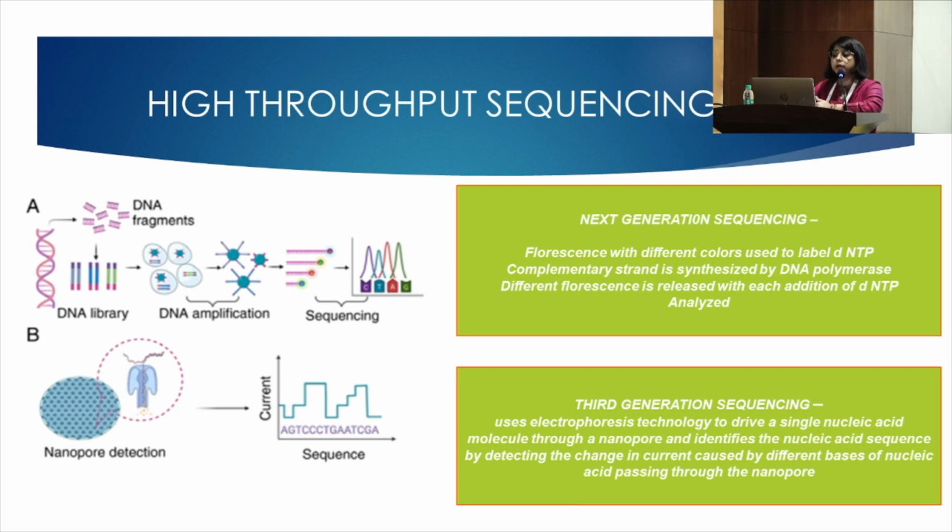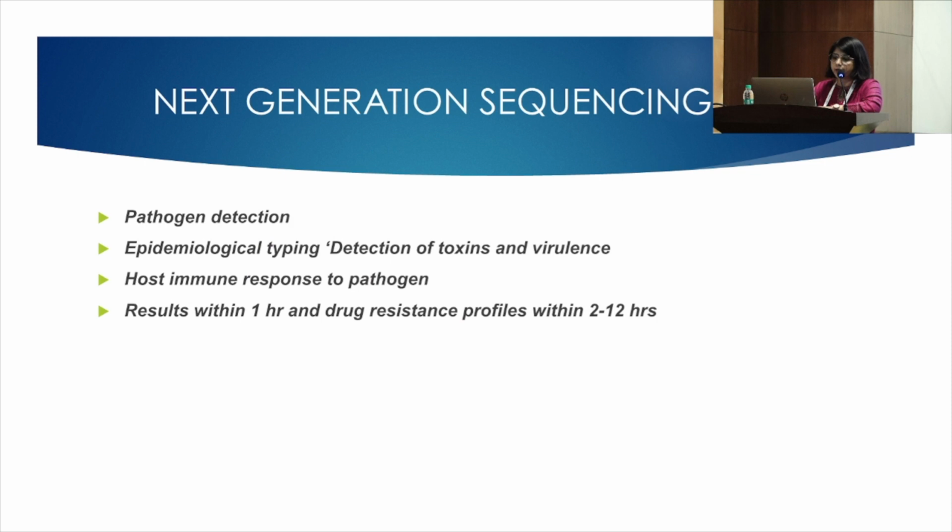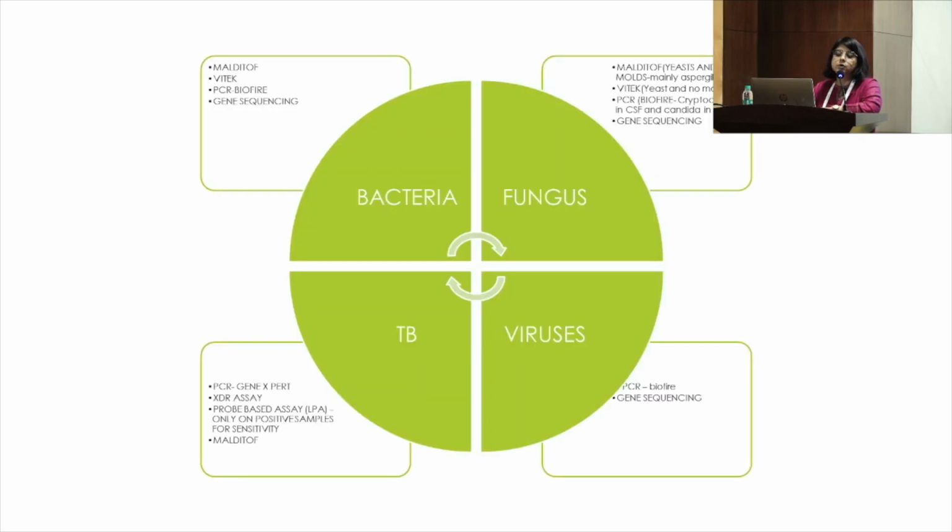There are 2 types of sequencing, next generation and third generation. I won't go into the details, but the basic principle is that next generation is based on fluorescent technology and third generation is based on electrical current, where you measure the changes in the electrical current which happen depending on the sequence of the nucleotide. So you can detect pathogens, detect toxins, host immune response to pathogens, with results within 1 hour, and drug resistance profile within 2 hours. So to summarize,